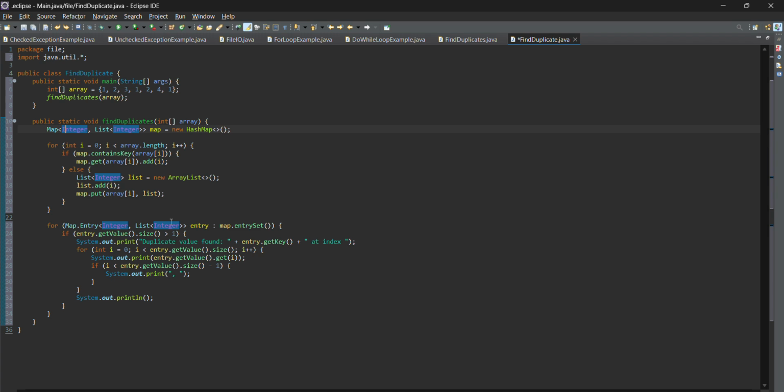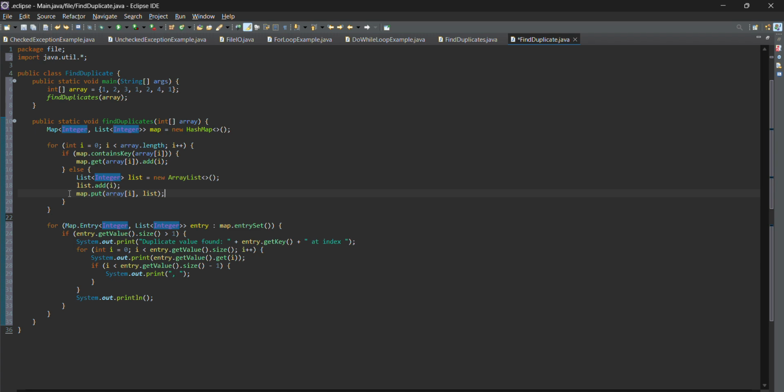Another one is this line. This is the loop. This loop iterates through the input array for each element array[i].